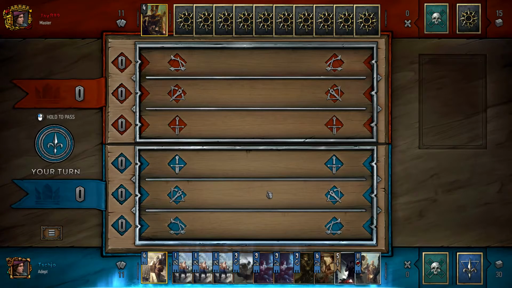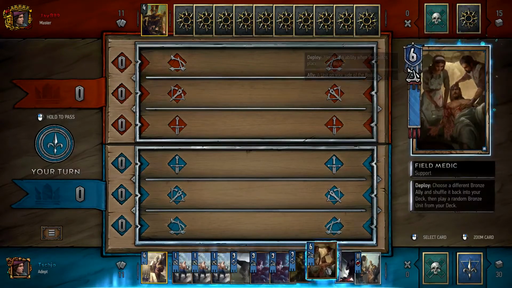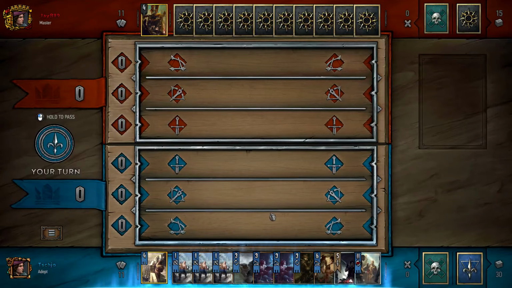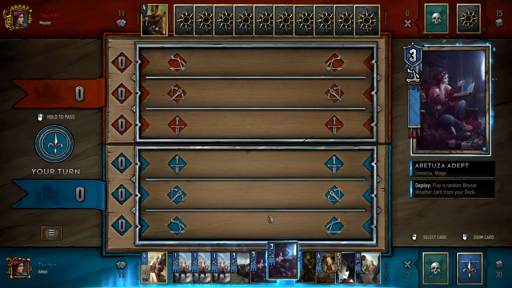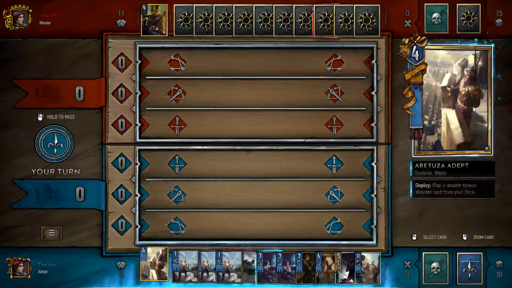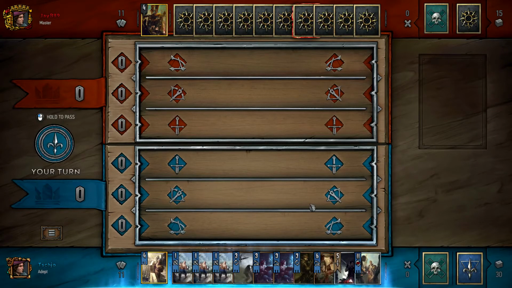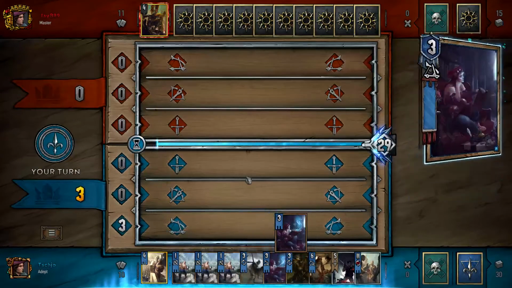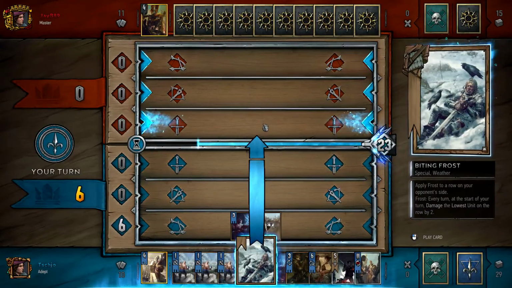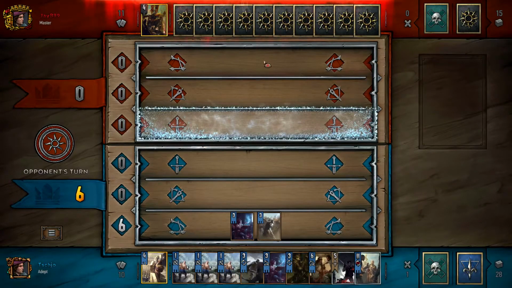Oof, this hand is brutal. I don't want to play the adept first, because the adept will pull medic fodder, like a blue stripe. But I can't really do anything against it. Ooh, yeah, I don't have a card that I can play. I can play Thala, sure, but that doesn't do anything. Yeah. Let's go for the melee row. Maybe the back row would have been better, but...